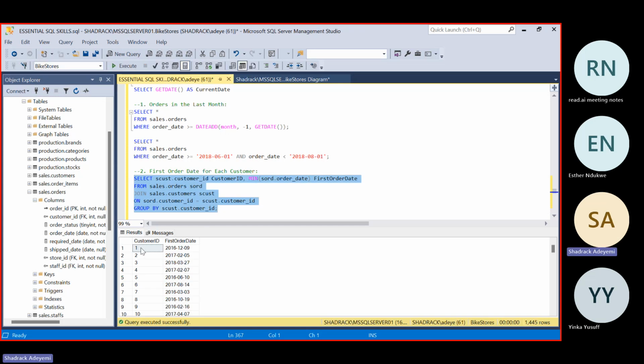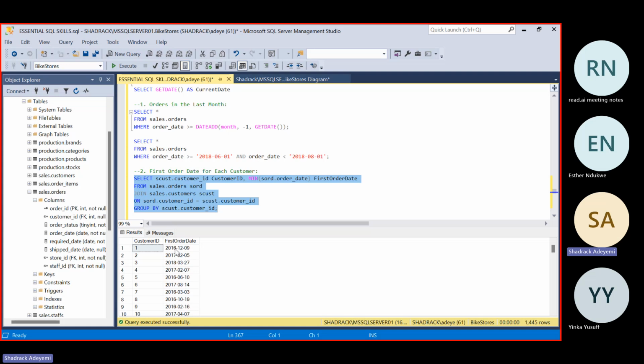So yes, this tells us that customer with customer ID 1 placed the first order on this date, and customer ID 2 placed his first order on this date, and like that till we have all the customers and the dates that they placed their first order.